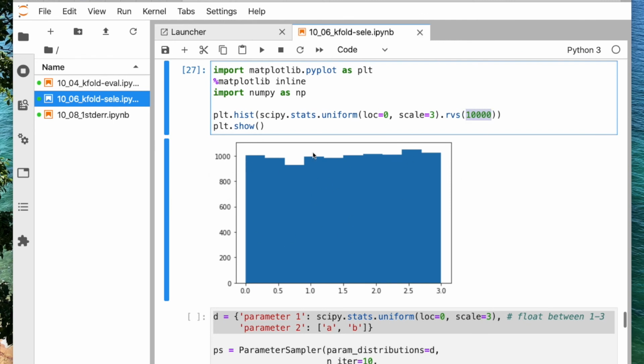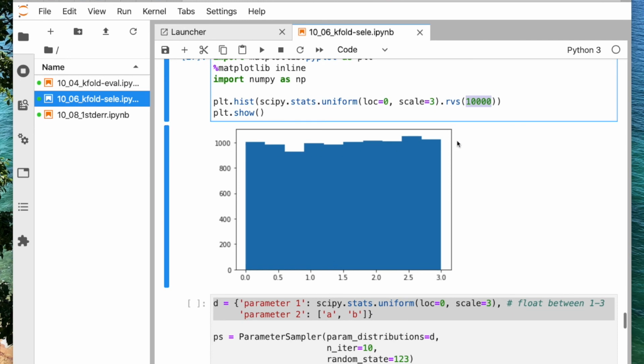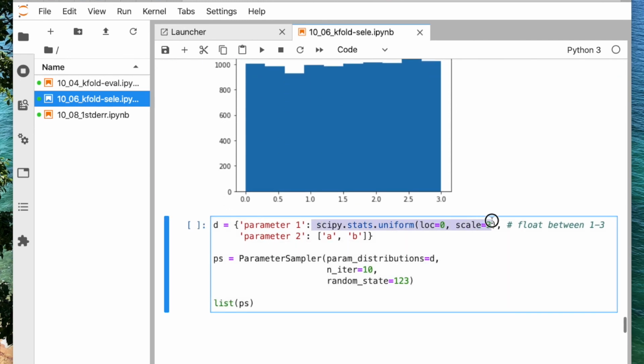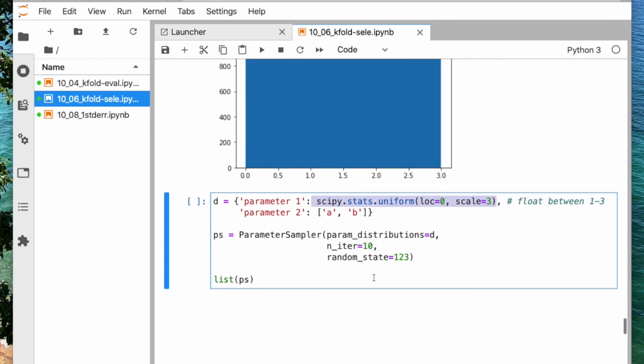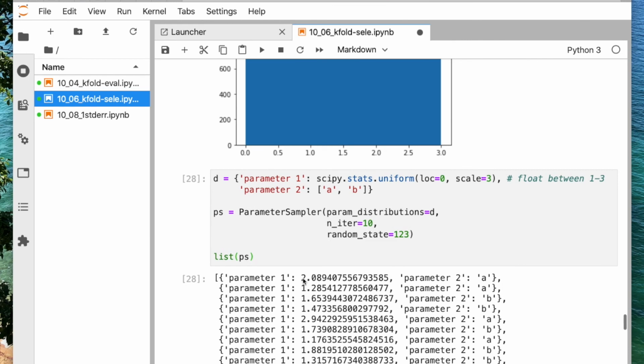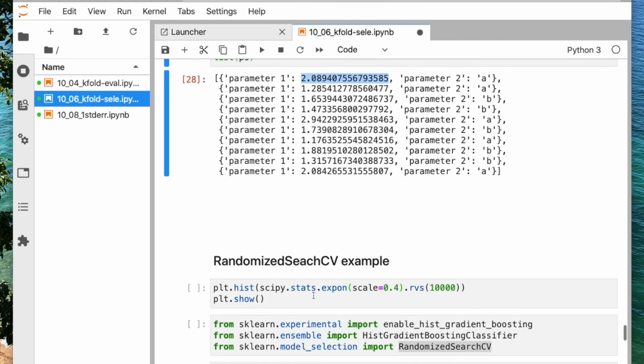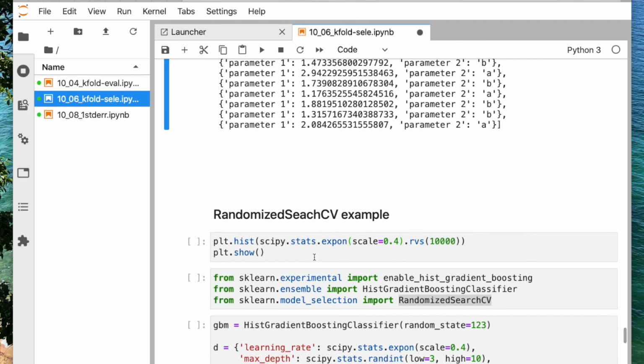Of course, it's a random distribution with a small number of samples, so it doesn't look perfect. We can also give that to our parameter sampler here, and then it will draw random numbers from this distribution.